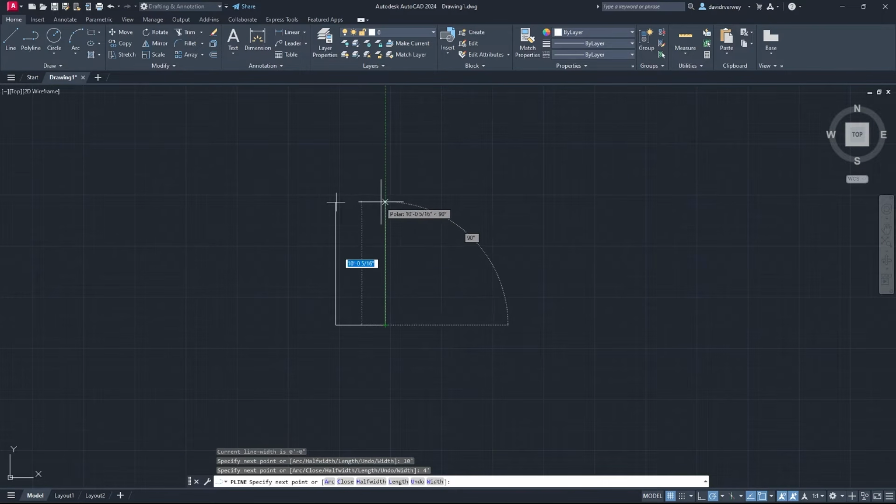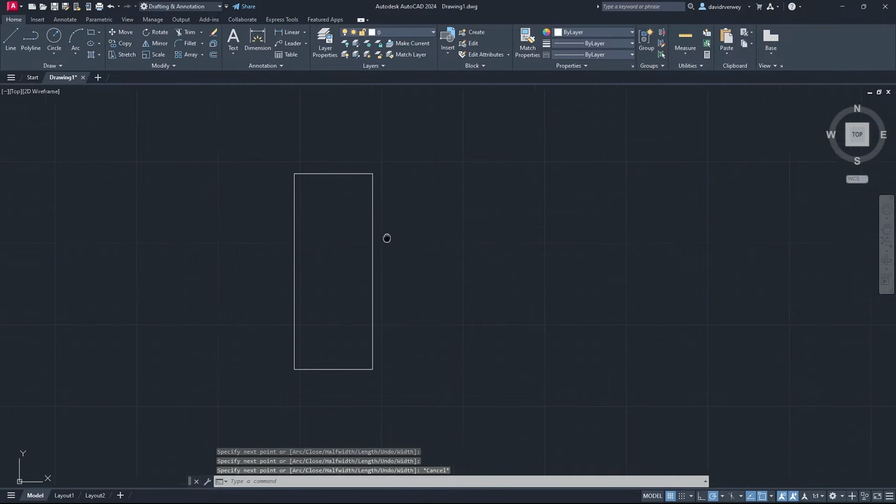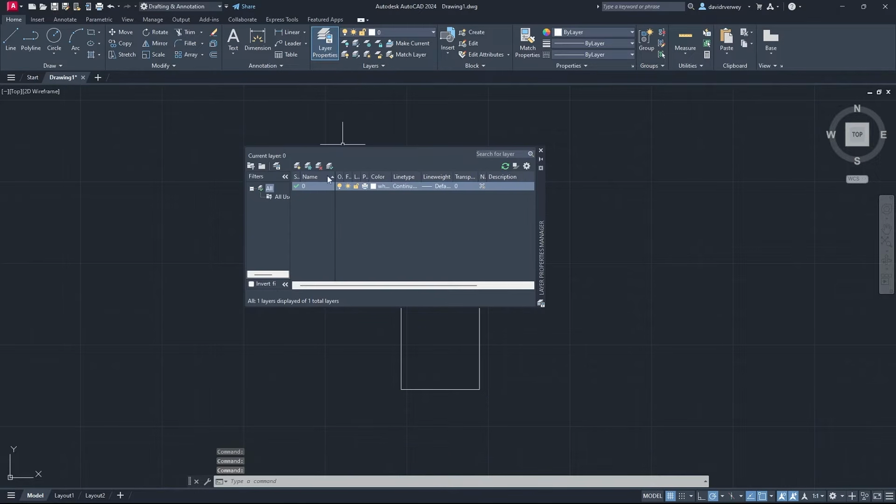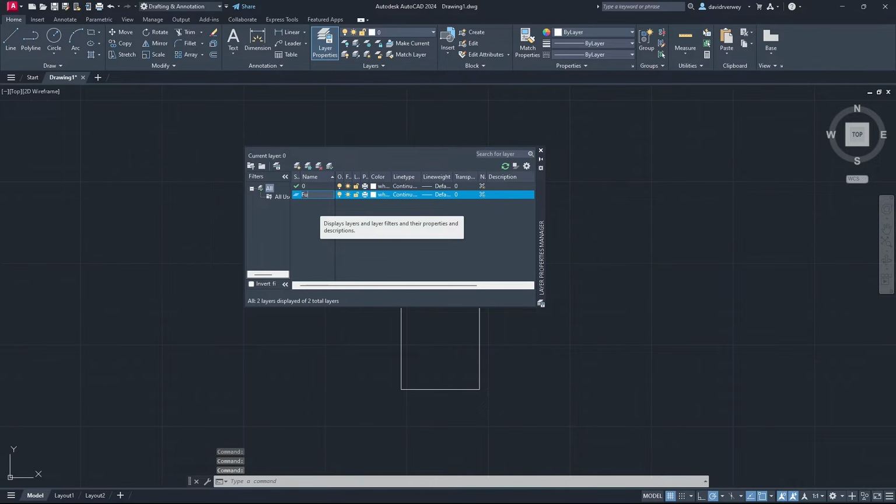This isn't going to be a perfect one, but it's good enough for what we're using, and we're just trying to learn how to do blocks anyways. Another thing to note is create a new layer so you can get used to this. So go to layer properties, create a new layer, call it furniture,